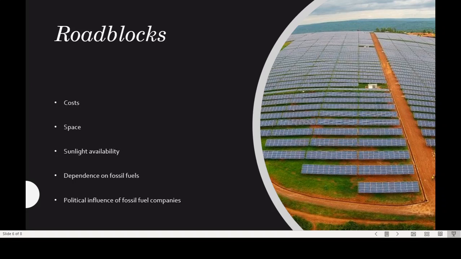So the roadblocks to solar power are mainly the cost, especially the initial cost, the amount of space it takes to put them in. As you can see from my picture here, solar fields do take up a large amount of space. The sunlight availability, which is dependent on the location, so some people may have more access to it than others, and also that we are currently dependent on fossil fuels, so it'll be a hard transition to make, and that the fossil fuel companies have a lot of political influence so that they'll want people to keep using